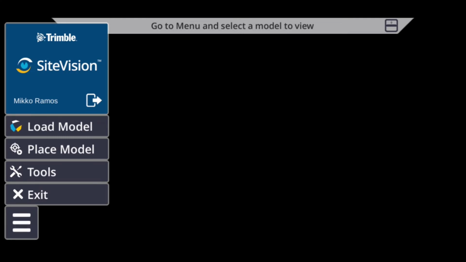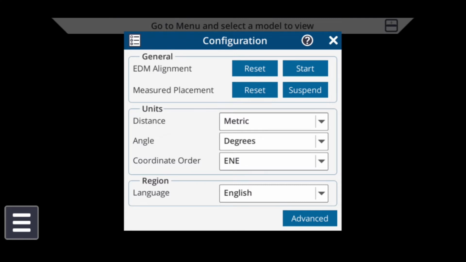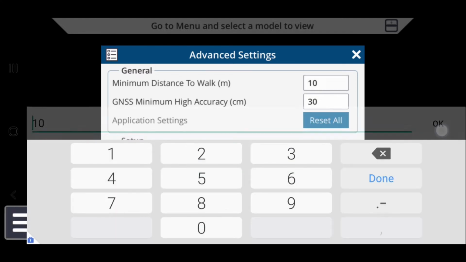To configure your GNSS accuracy settings, in the SiteVision app, tap the menu icon in the lower left corner. Select Tools, then select Configuration. When the Configuration menu is open, tap the Advanced icon in the lower right of the window. Under the General category, you can now configure your minimum distance to walk as well as your GNSS minimum height